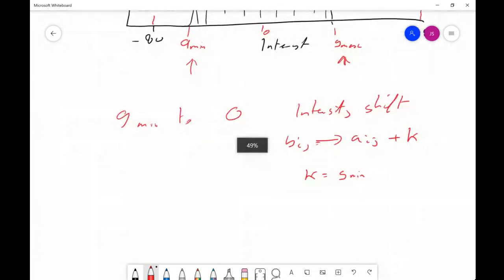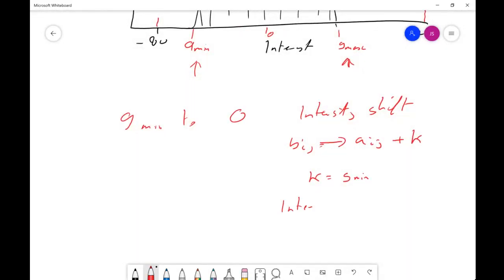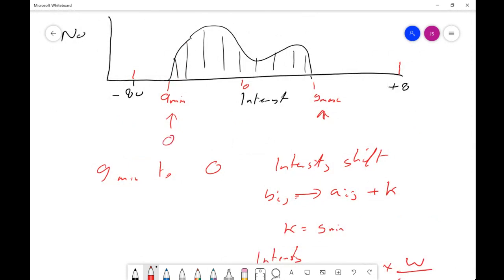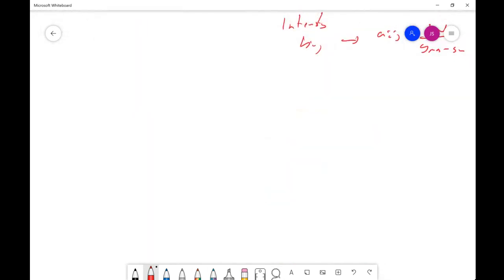And then the intensity multiply, Bij takes on the value of Aij times W over G max minus G min, and that will convert this region of the image from 0 to W. So you've got an image within region. If you don't do that, because of these extreme values, the filtered image is going to be in a very limited gray region. So that's high pass filtering.